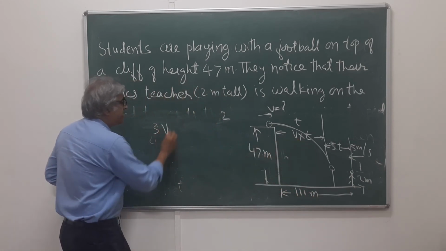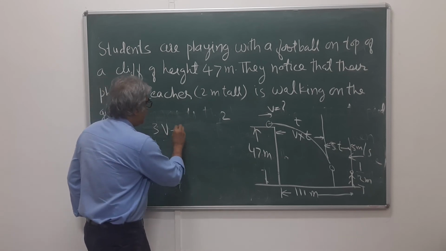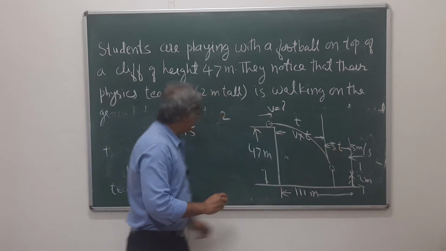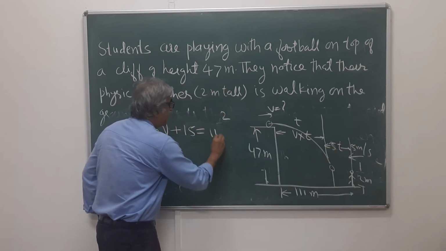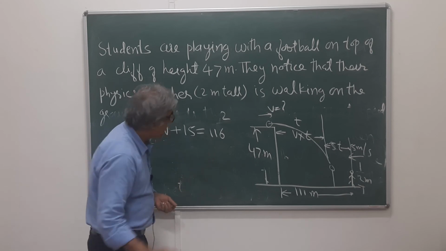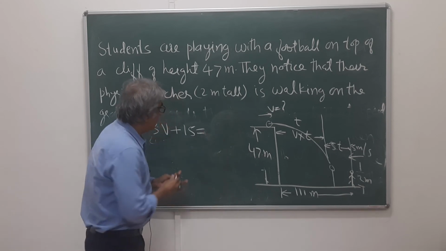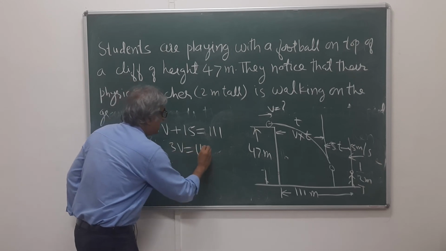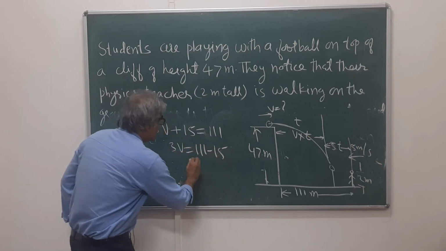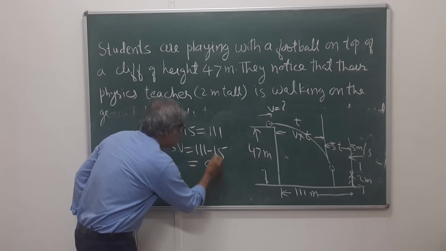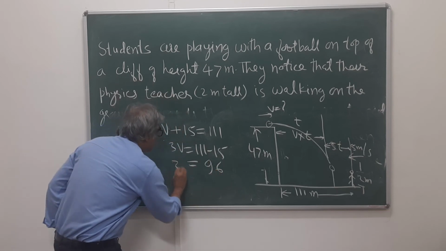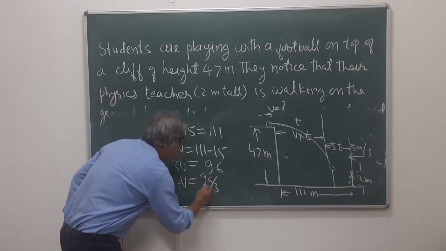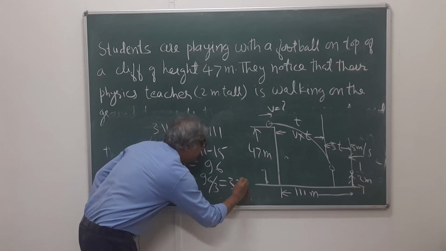So I'll write it as 3v plus 15, 5 into t is 15, is equal to 111. So 3v is equal to 111 minus 15, and you can see this is 96. So 3v is 96, which gives v equal to 96 by 3, and that will be 32